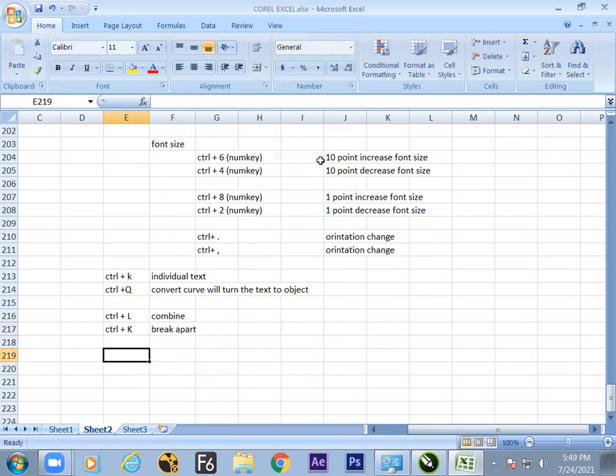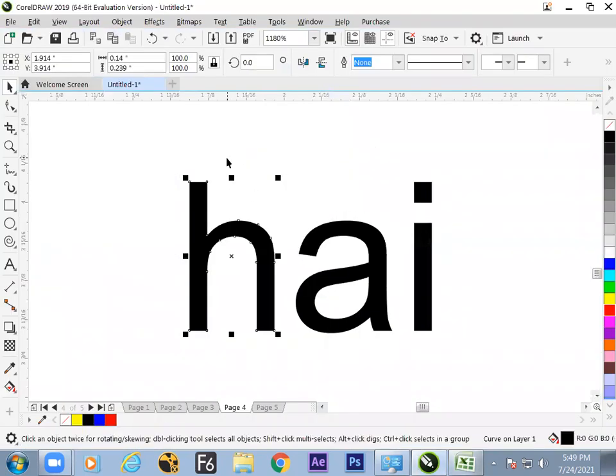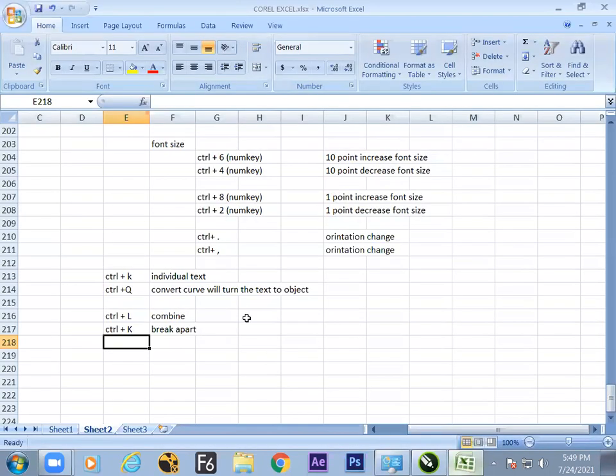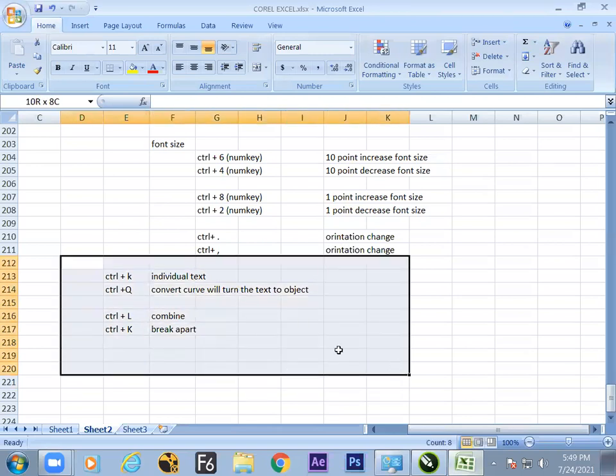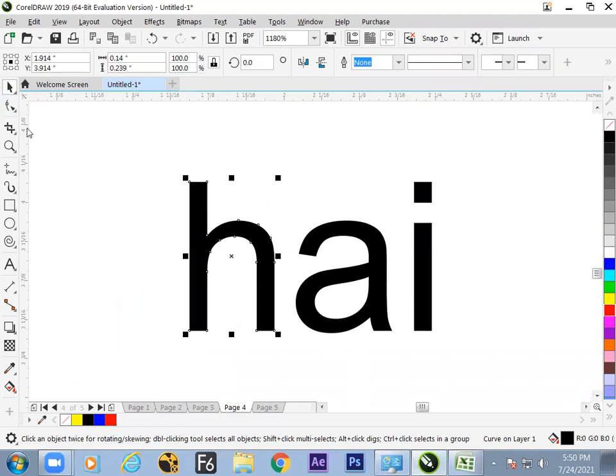So Corel revolves around three buttons only: Control L, Control K, Control Q, and the F10 button. So if that is okay, Corel is under your control. Very simple software. Instantly you get jobs. You can see, only two months you are learning and immediately getting a job. That is a big thing in this particular field. But what I'm trying to say is that only about 20 options need to be known, and the rest of the things is a job.